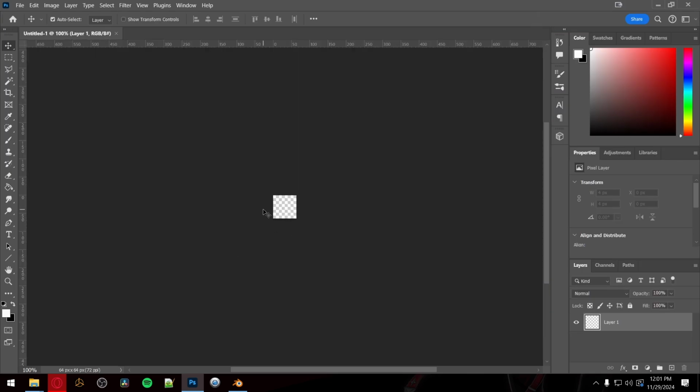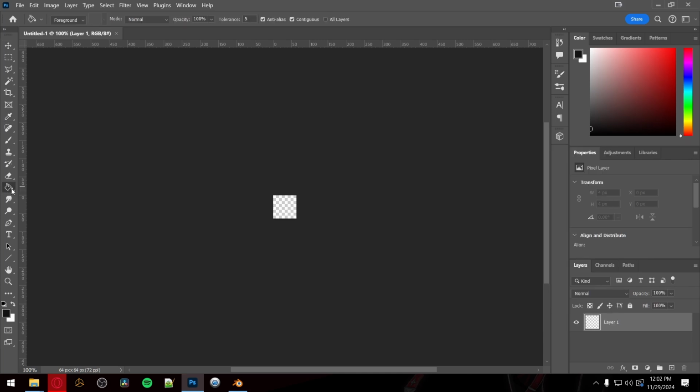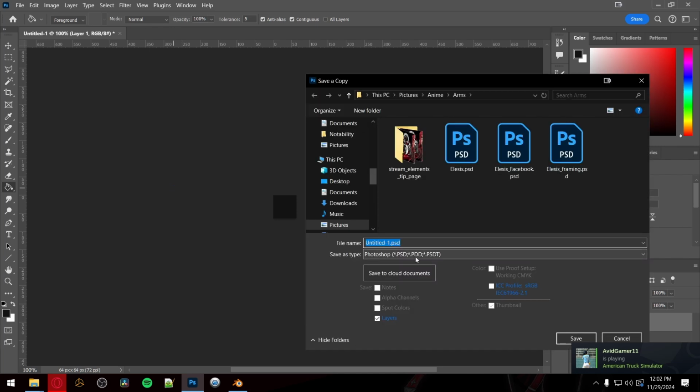It's small enough to be great on the game performance, big enough to where I can tell what color it is. I'm going to come over to my color palette, which is black, but I'm going to drag the black up just a bit to be more like an off black. You know, just a really, really dark gray. And then I'm going to take my paint bucket tool and paint that in. Now I'm going to save this, and I'm going to call this